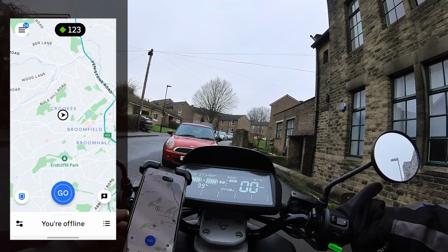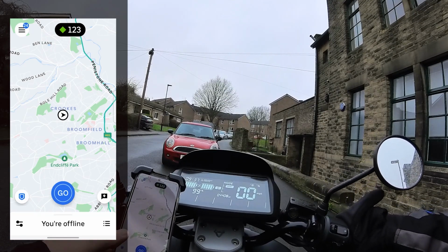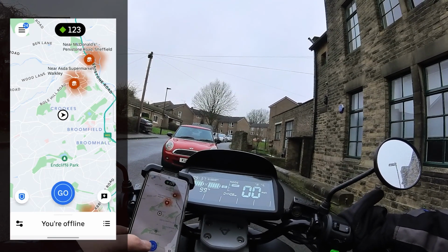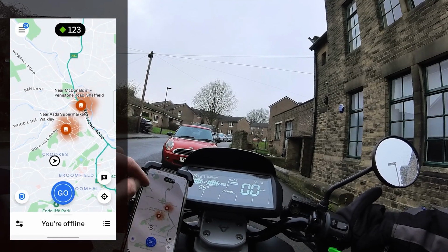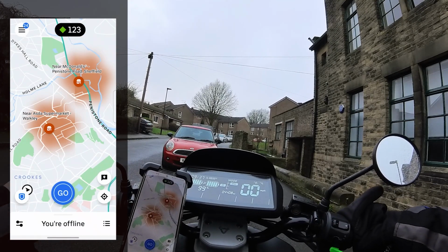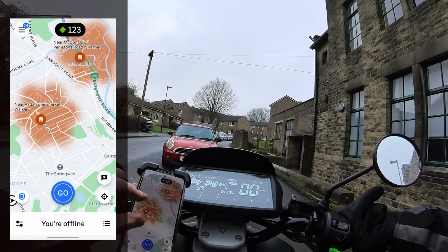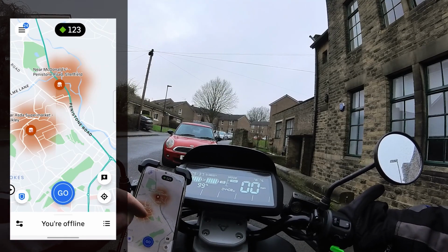Okay, so we're going to go online now. So I'm going to click that go button, and that takes us online. You may occasionally find when you go online, it does prevent you from going online. It might ask you to take a photo of yourself for verification, or it might ask you to read some tips. You can see here now, even before I've gone online, it's showing you some of these hot spots on the screen of places which are busier. So there's like the McDonald's and Asda and things like that. So this can be helpful to know where to